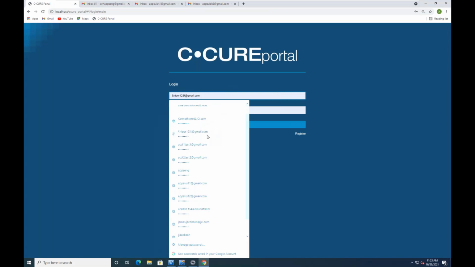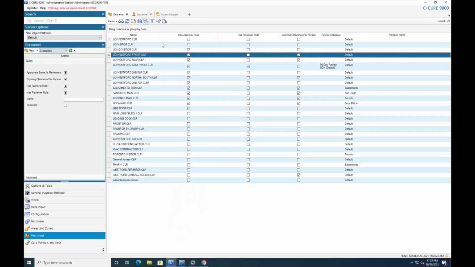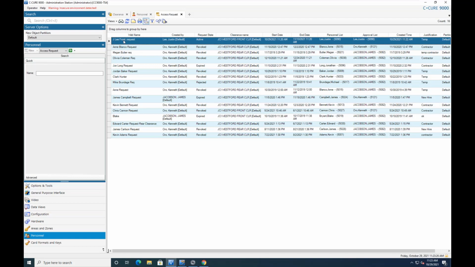So if somebody is an approver, they can log in and audit a clearance. But when you have a clearance that's configured as an auto approve, there is no management to it. The system basically defines that. But if you looked at that access request, Lee front door, if you looked in